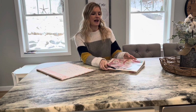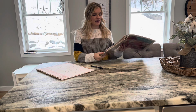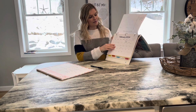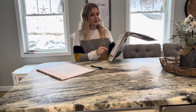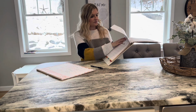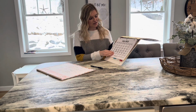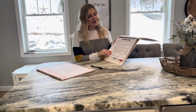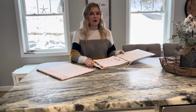In this binder that I have, it's just a plain binder. And then we just print out each month and then fill in the month for our meal plan. I did put one thing that we had yesterday on there, and then we also keep last year's, so then I can go back and see what we had last year, so I don't have to keep racking my brain as to what to put for dinner,